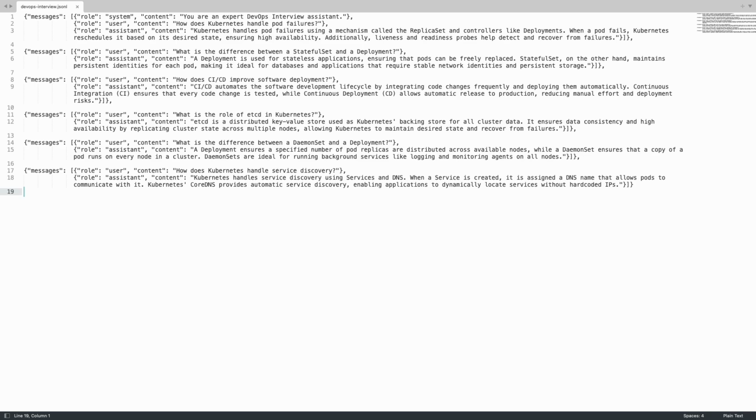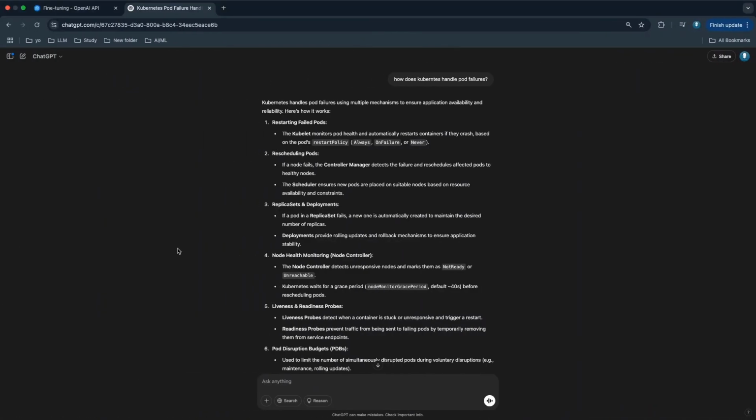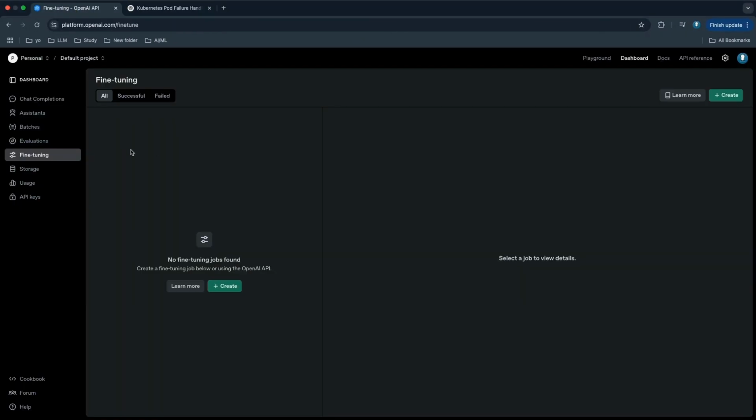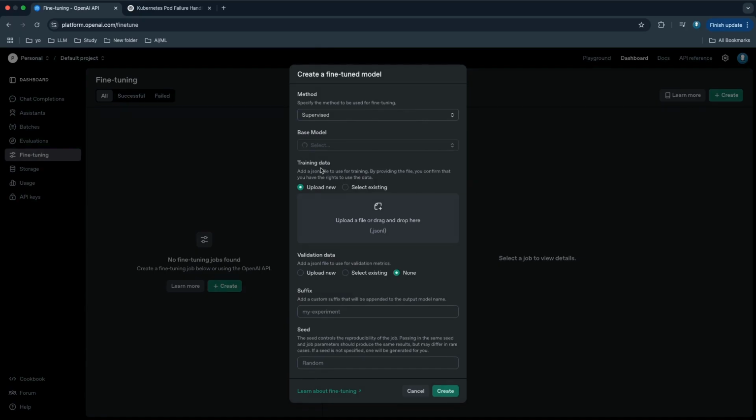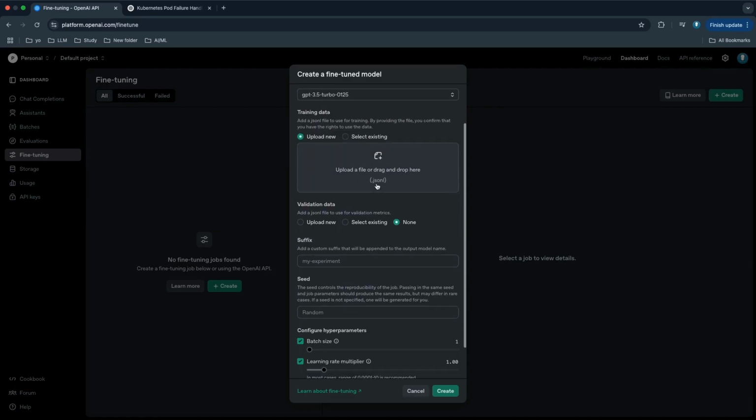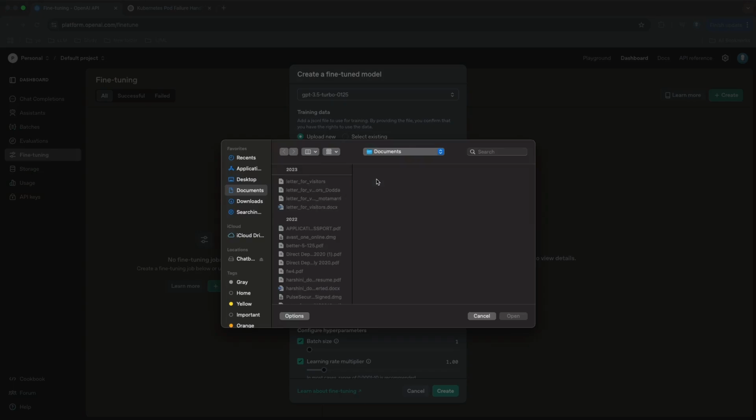So now let's fine tune our model using OpenAI Playground. So I did already log into my OpenAI Playground here, and once you go to dashboard, you will see something called fine tuning, and here I can just do create and base model. I can choose any of the available models. I'll just choose this one, and then let me upload the